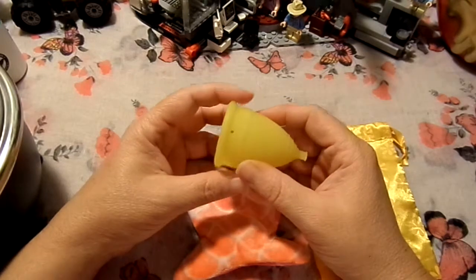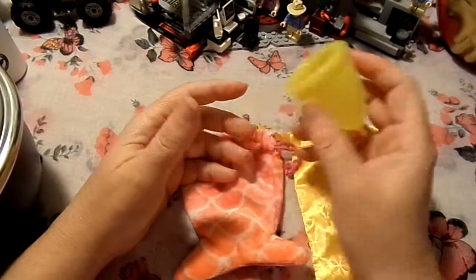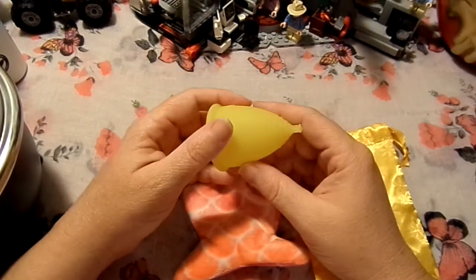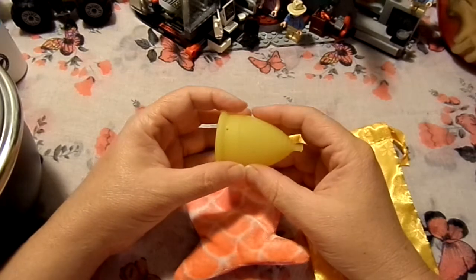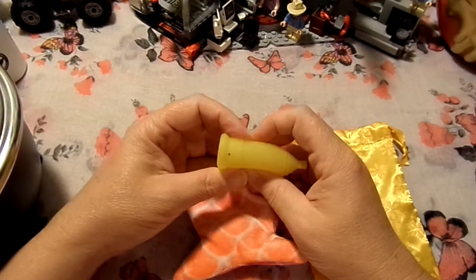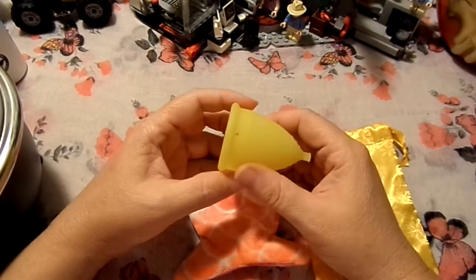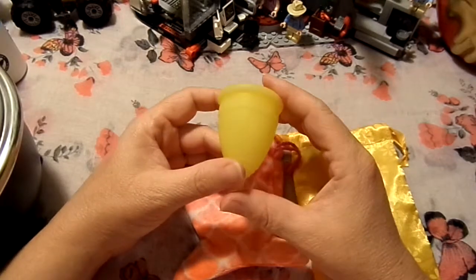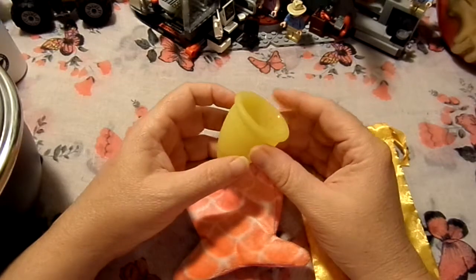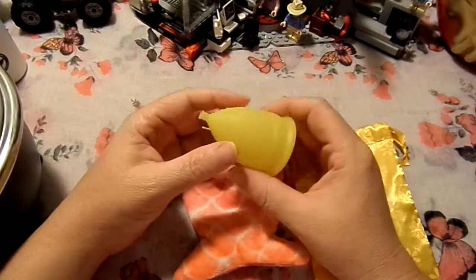There is probably so much more to take into consideration before you get a cup. That's how I bought the Diva cup: I bought the size 2 based on the fact that I'm over 30. Really, I probably could have done with the size 1 rather than the size 2. I went on the recommendation. I should have done more research, and my research would have pointed out, as other videos pointed out, like the YouTube channel Put a Cup in It, that there are other factors that come into play,